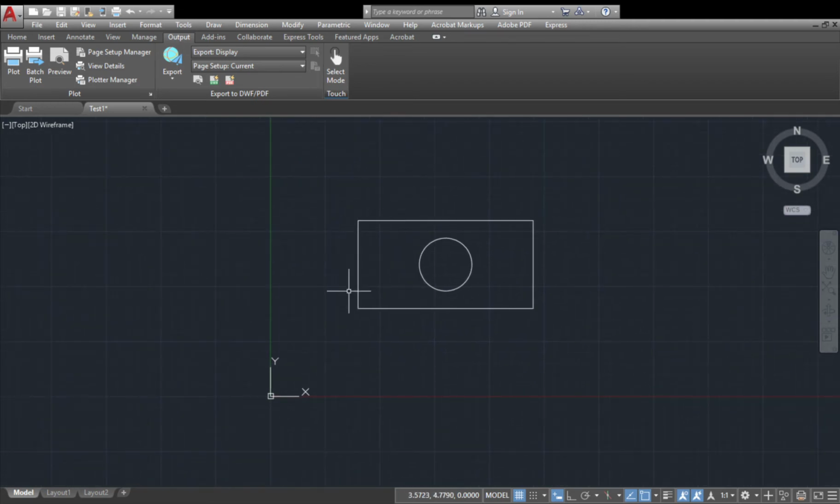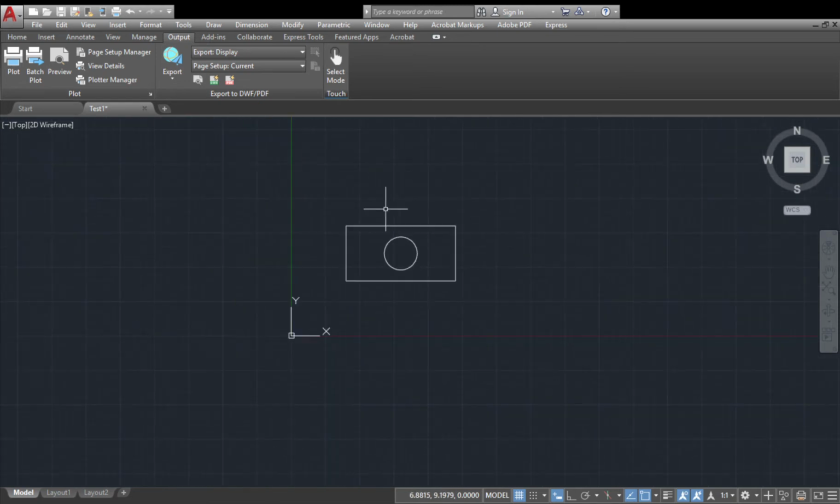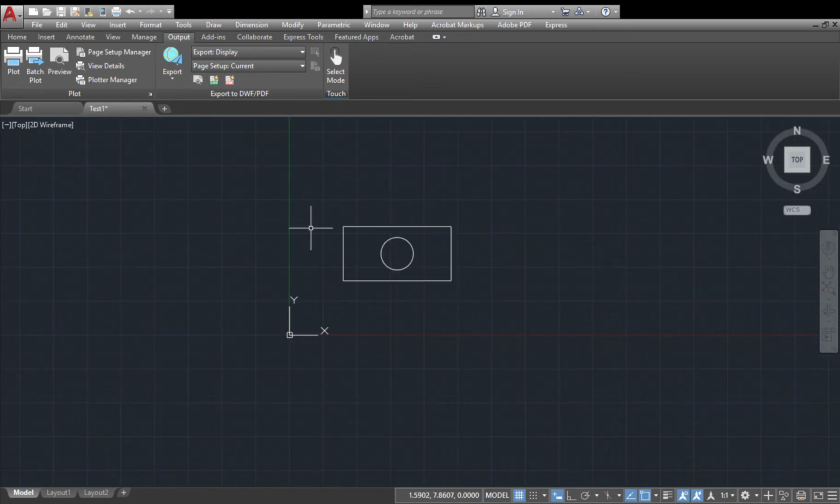And so here's a basic drawing. It's just a rectangle and a circle. And when you submit an assignment or when you submit in a lab or a midterm, you're always going to be submitting a DWG file and a PDF file. So the first one is exactly what you see. It's what you manipulate, it's what you draw on, it's this exact